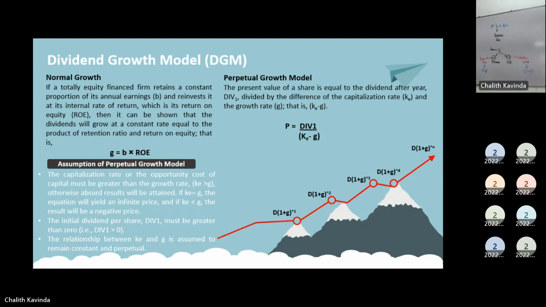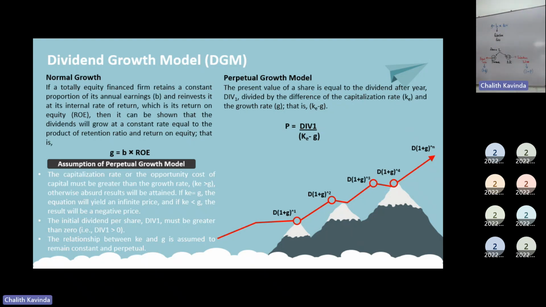100. Is that clear? Same thing applies here. So this is simply how you calculate the growth. And we have something called perpetual growth. Now, when you are doing the share valuation,